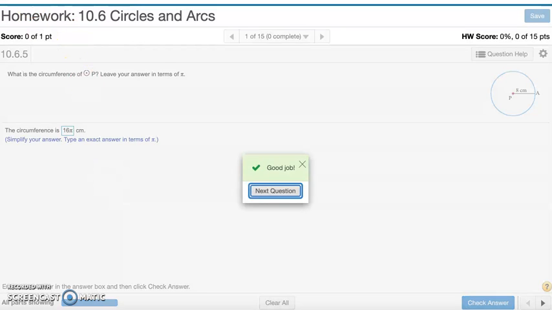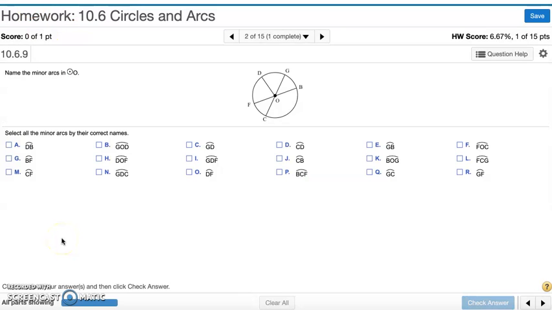And that's number 1. Number 2. Name the minor arcs in circle O. Minor arcs are named with 2 letters and their measures are less than 180 degrees. So going down the list, we have DF, we have CF,